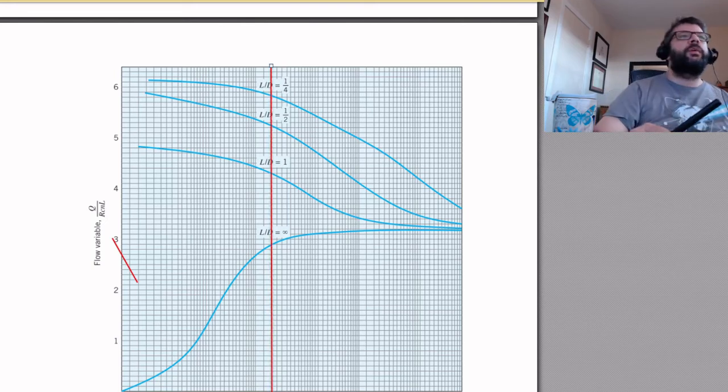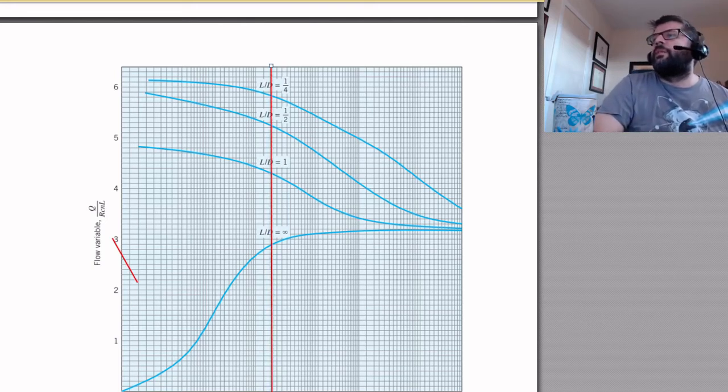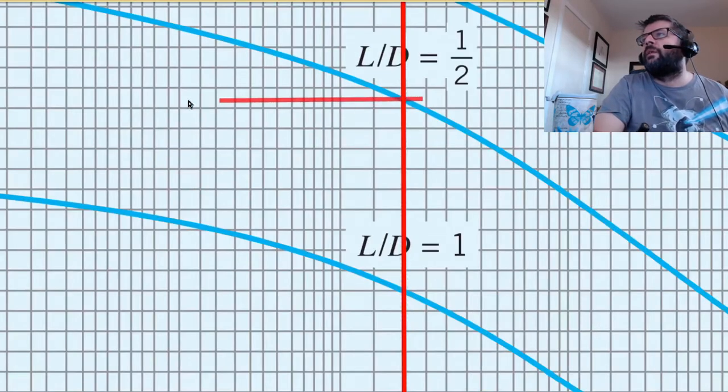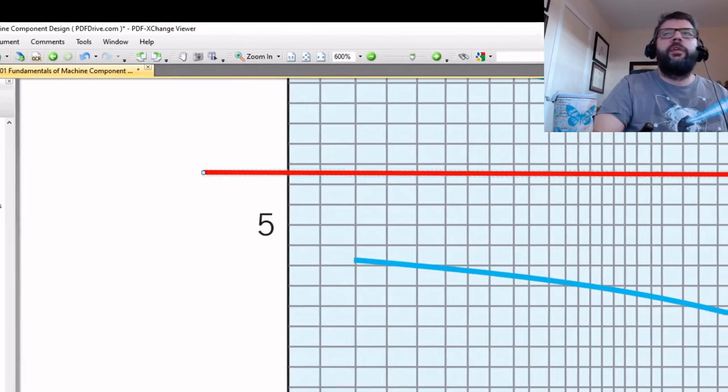There we go. That's better. Okay, so we got our bearing line for the bearing characteristic number, and our L over D of 1/2 is going to be the second line from the top. So we'll zoom in a bit more to make that clearer. And we're looking at right here for the intersection, which when we move over here,